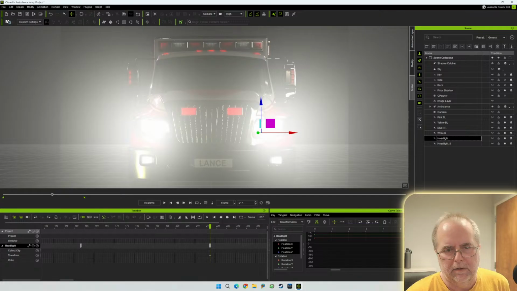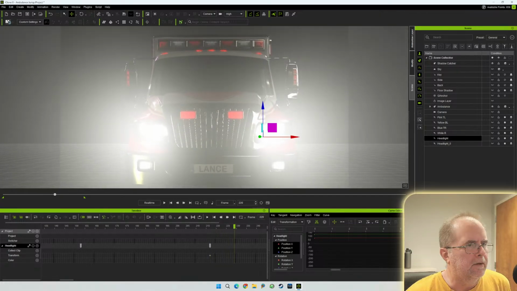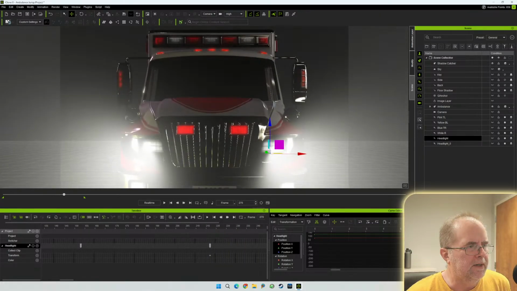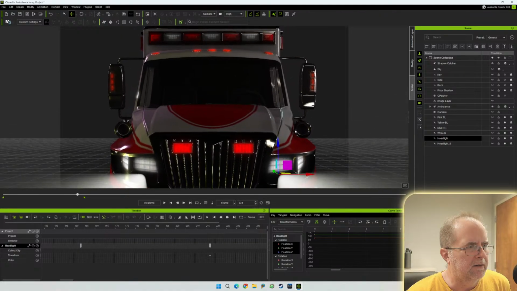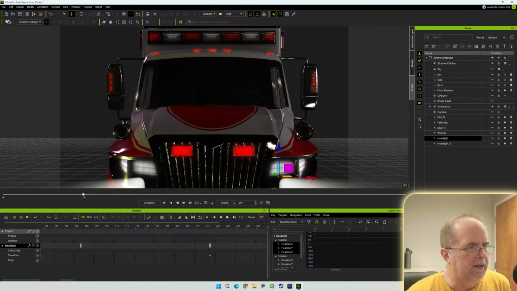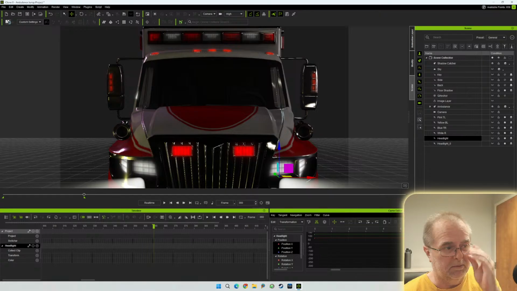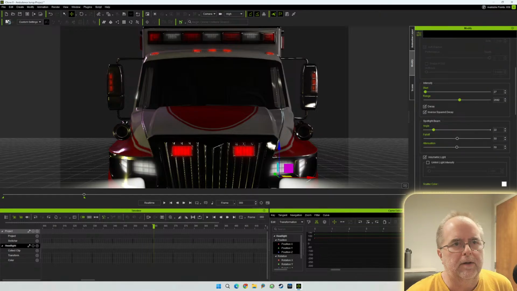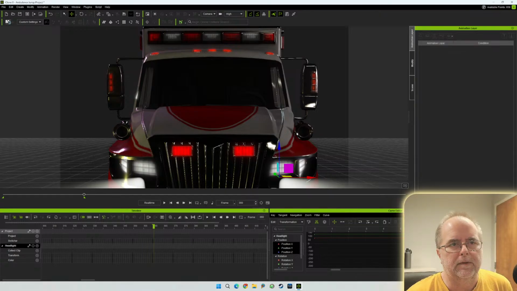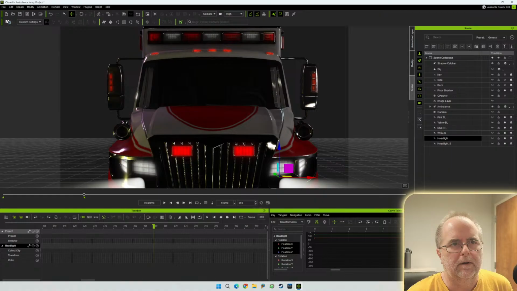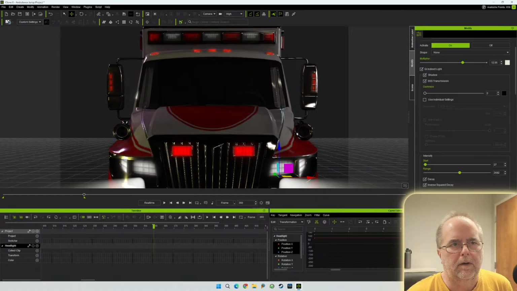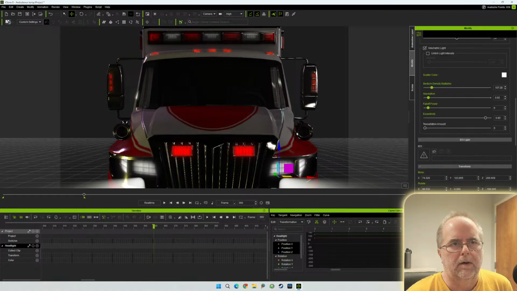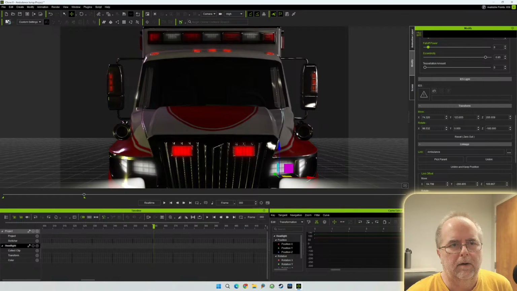Okay. And then by the time we get to the end here, they need to have moved up and probably changed their angle as well. So we're going to